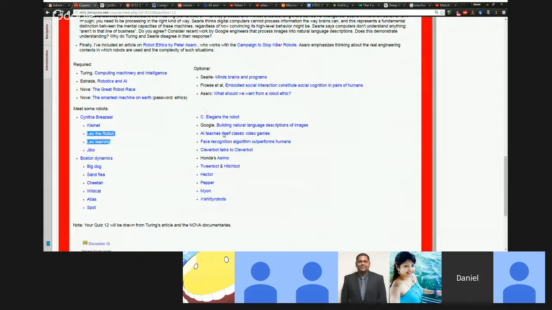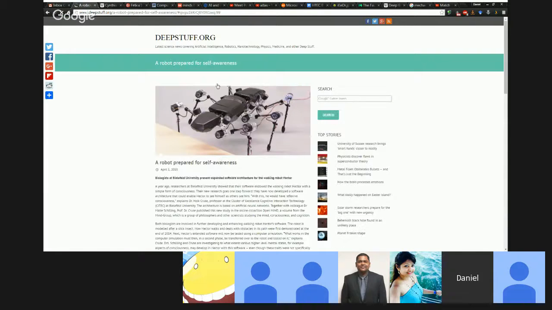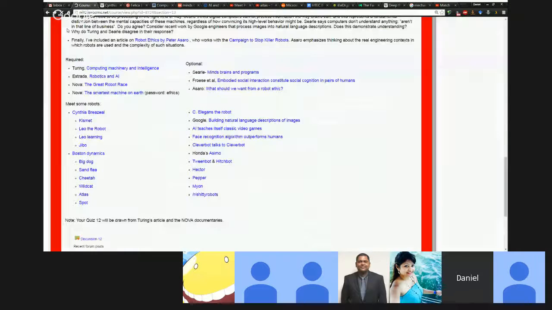Then I have a bunch of other robots. Some of these, like we saw, Pepper is emotional. Hector is really awesome. Hector is a self-aware robot, and it's self-aware in a very sophisticated way. It's aware of its own body structure, and so it learns how to move its body. It learns how to walk by moving around and seeing what it can do. So it starts off with no preconceived notions of how its body is structured, and it learns to use its body through its interactions with its environment.